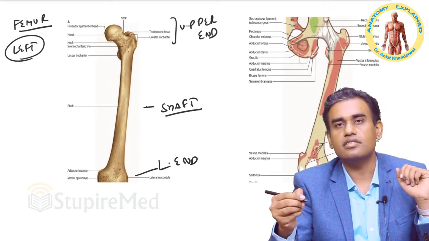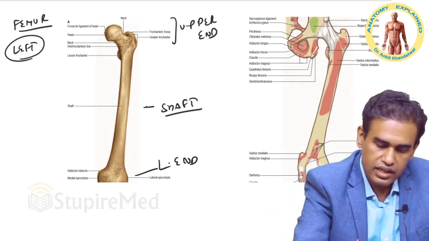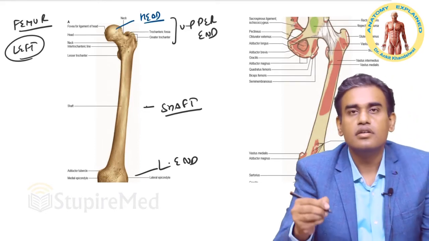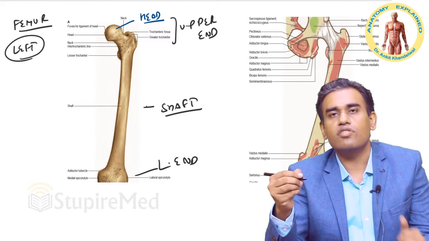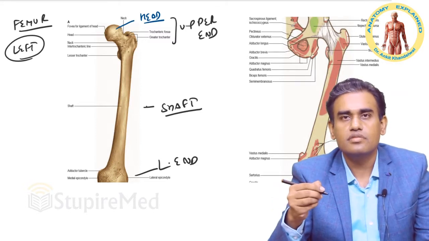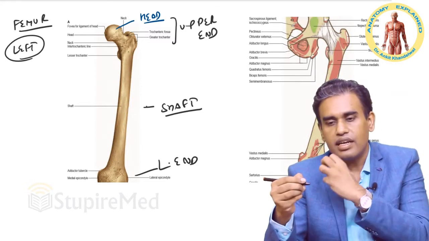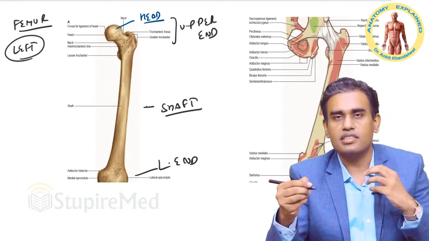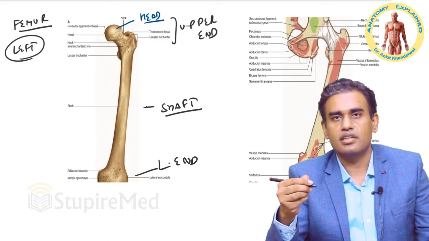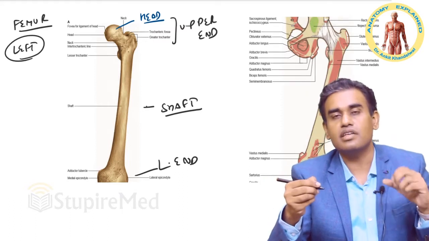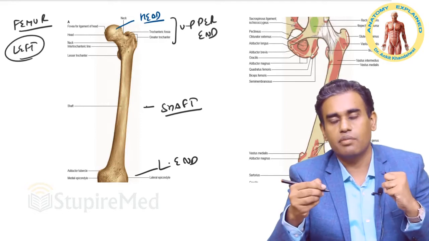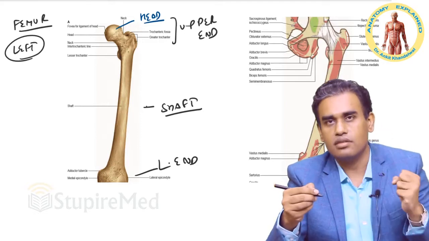Again see the similarities. Upper end over here again is having what? A head, a rounded head. So here we have the head of the femur. There we had the head of humerus. Then there we had muscles, but they were less in size compared to the muscles in the lower limb. So we had tubercles, a greater tubercle, lesser tubercle. Here also we will have the muscles, but the muscles are bigger in size. So the elevations or the projections coming from the bone will be more in size, bigger in size.